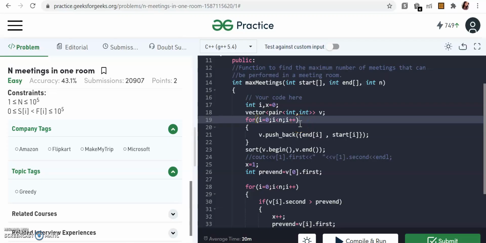Great, if you're still with me in this video, that means you are understanding this problem. So let's see the code and compile it. First I told you that we need to sort in terms of end time. How will you do that? Because in the question you are given two different arrays. One method is that you can simply apply a sort algorithm, like you can manually write the sort function where you are comparing the end time, but also whenever you are swapping the end array values, you are also swapping the start values.